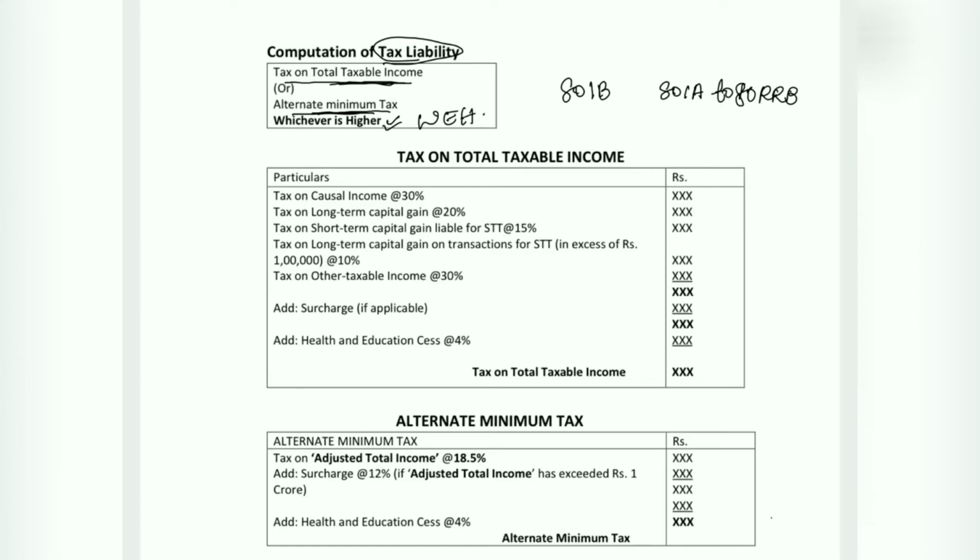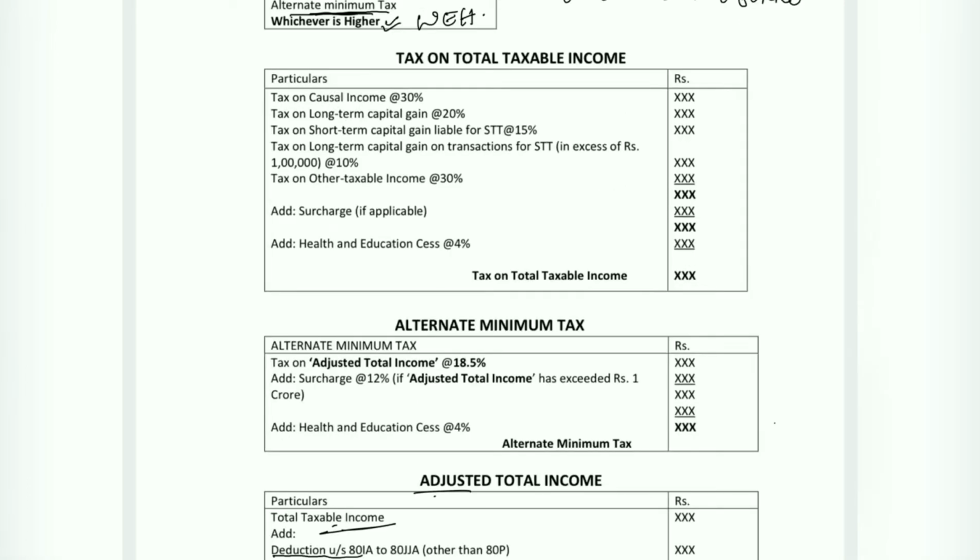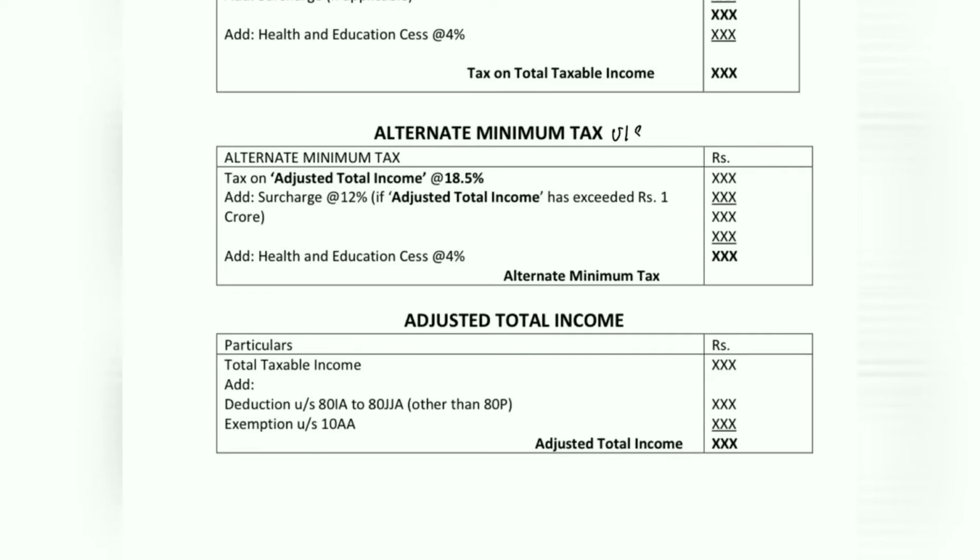What is alternate minimum tax? Alternate minimum tax is a tax that ensures taxpayers pay at least a minimum. The AMT recalculates income tax after adding certain tax preferences back into the adjusted gross total income. That is, tax preferences which we have deducted from the adjusted total income. So now we have to compare the tax on total taxable income or alternate minimum tax, whichever is higher. Alternate minimum tax under section